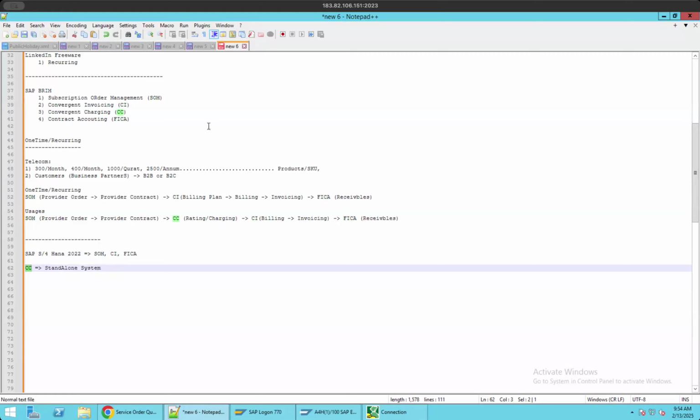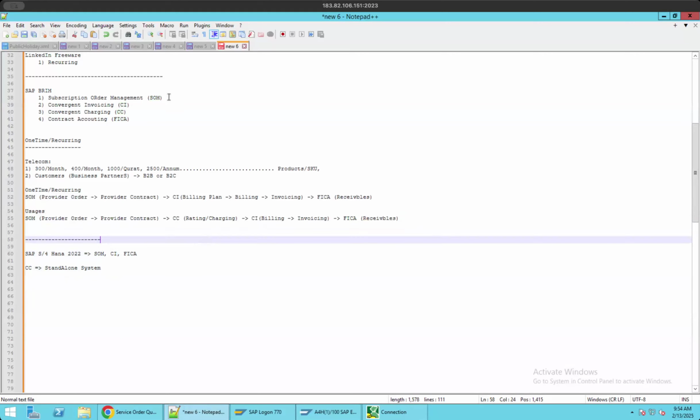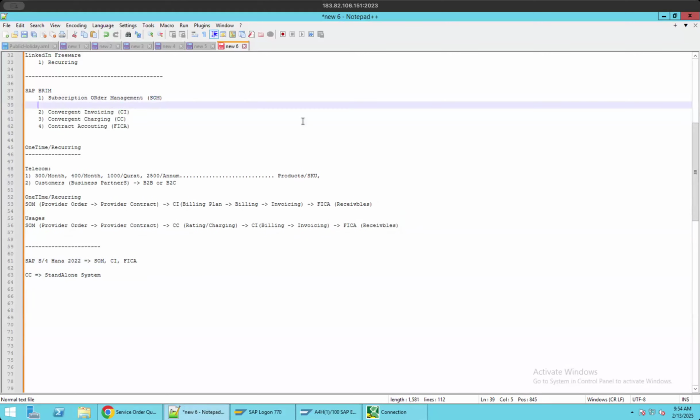Okay, how the data is flowing, how they are integrated with each of the systems, what kind of data is flowing between each and every system. So in the subscription order management, first we'll try to see what are the different objects that we are going to create. Okay, so initially we start our training with creating a company